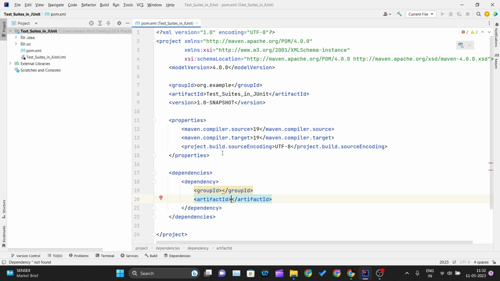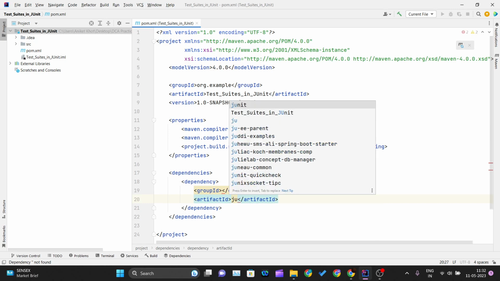If you want to use JUnit 4, you just need to write junit. That is the dependency to use JUnit 4. And if you want to use JUnit 5, which is the latest version and has some great upgrades, then you have to write junit